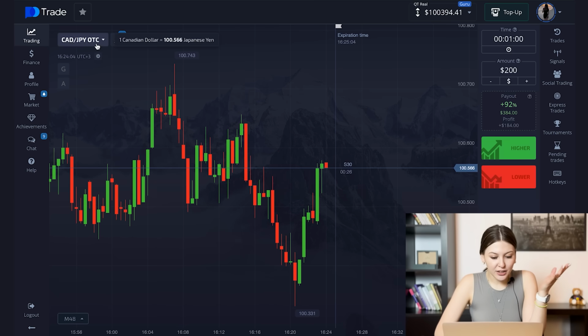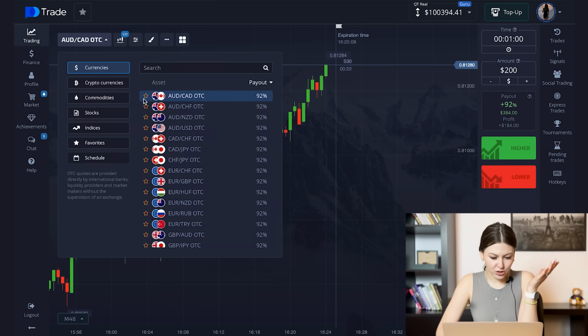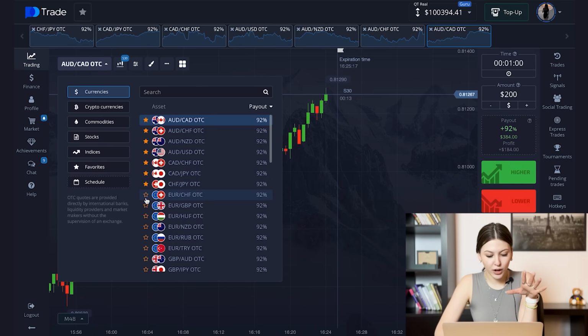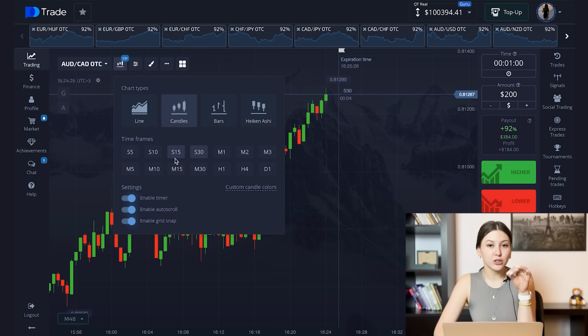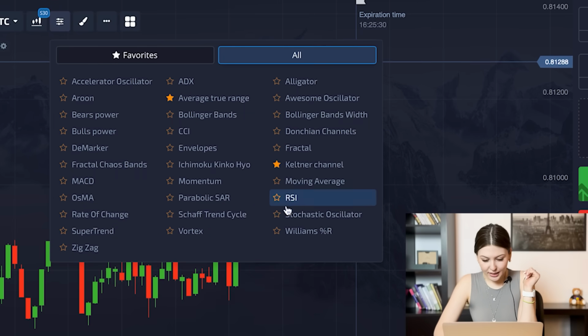We're going to start as usual with the assets with the biggest payouts, and I use 92%. I also usually look at them while trading because sometimes the payout changes. And let's put the forex too. So we choose the candles for 30 seconds, and let's start with